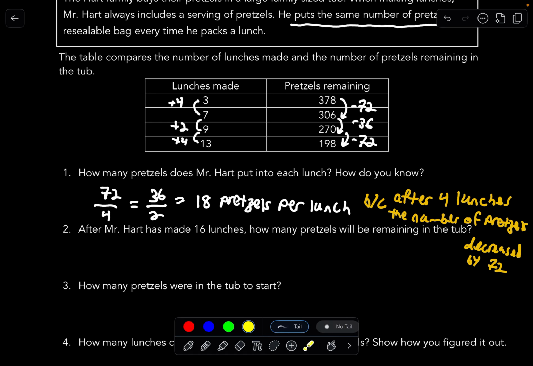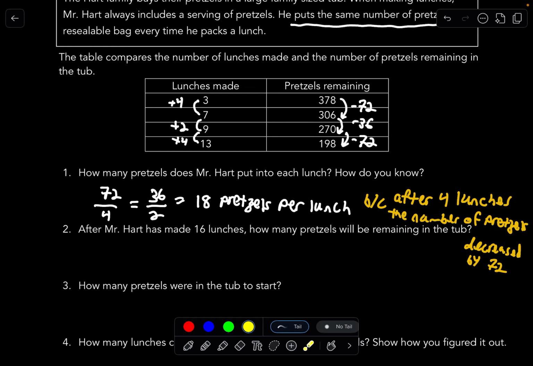And that comes from right here. You could also have done this one from 7 to 9, that over those 2 lunches, the number of pretzels decreased